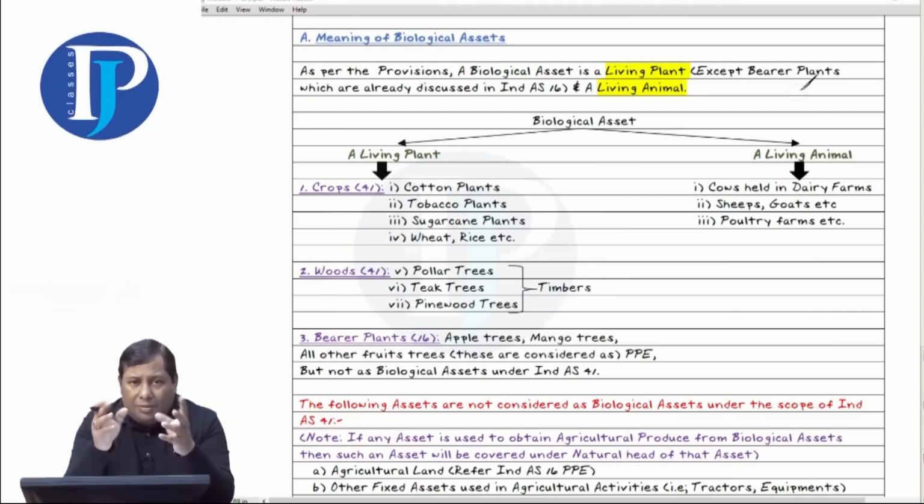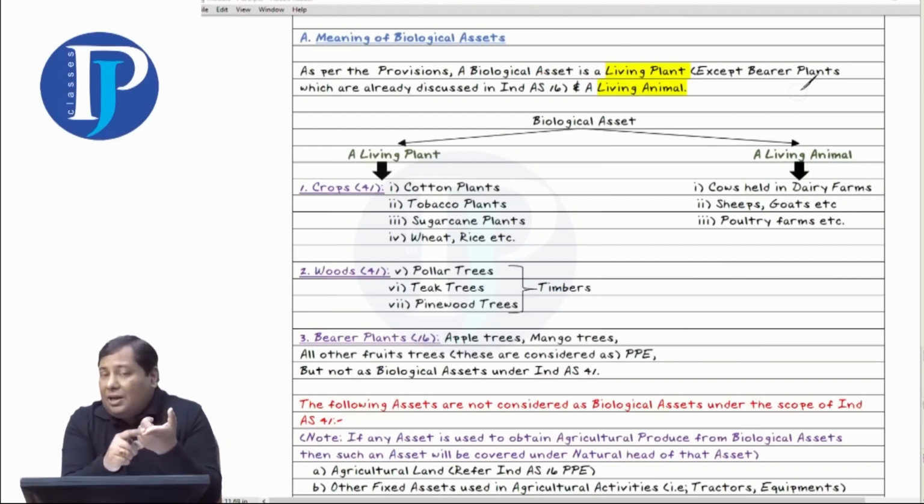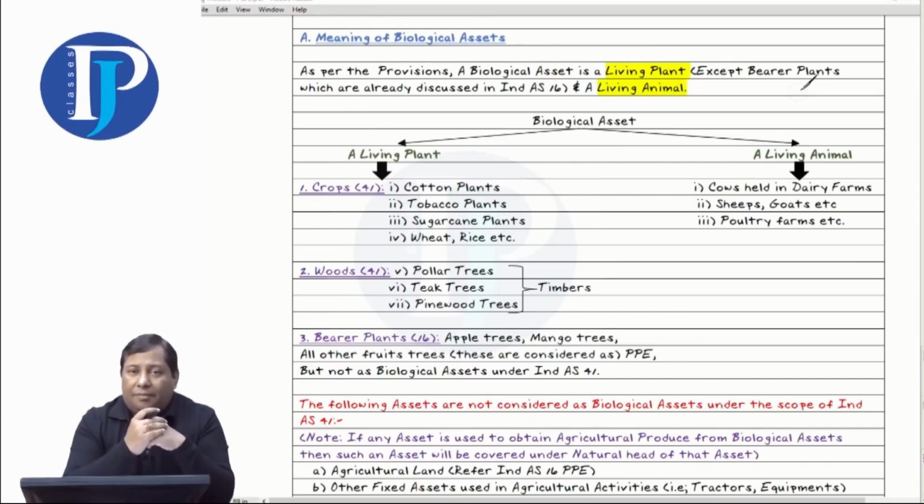Let's leave that aside. Let me just revise the meaning for you. In the biological assets, one is plants, next is animals. The bearer plant is not included in plants because it comes under Ind AS 16. And then we had a discussion about the difference between a normal plant and a bearer plant. So I had explained you in a very simple way